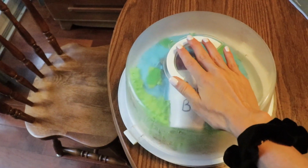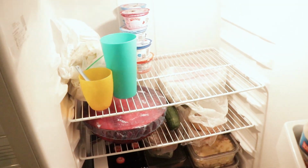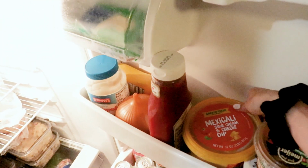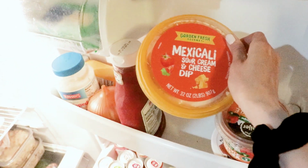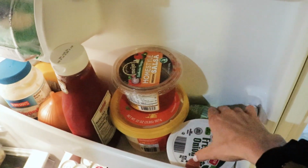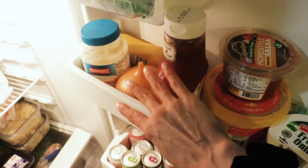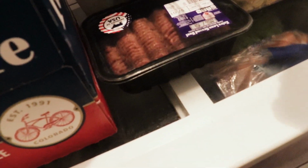Careful, Colleen, careful. Let's see, I think we got everything in the fridge, and just, oh, some yogurts. We didn't even do this side yet, guys. So we have our beverages here, and then we have salsa here. We got this dip from Costco, and it's pretty tasty. So this we're having with the veggies, and we also have tortilla chips. And then we have just your run-of-the-mill, regular, standard French onion chip dip. And obviously our condiments for burgers and whatnot, and then cheese for our sandwiches. One thing I didn't show you is down here we also have